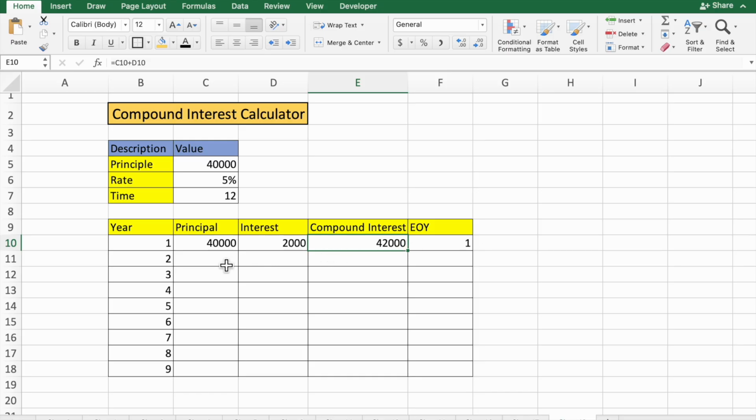Okay, then what you have to do again, equals to, this will be the principal amount of the second year, the starting of the second year. Then interest, just drag it down, this will be the interest, and this will be the compound interest amount at the end of the second year. Okay, now just paste it. Okay, like this, just drag down to the bottom,